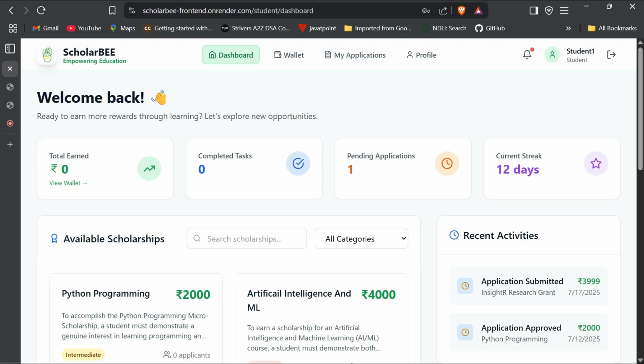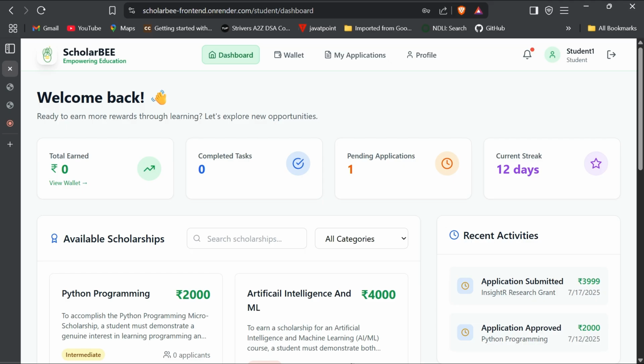While creating the ID, the student enters basic details: the name, the email, the educational qualifications, and a few preferences, and this information powers our recommendation engine. After logging in, users are taken to a personalized dashboard, where we fetch and display a list of recommended scholarships sorted by relevance and eligibility.